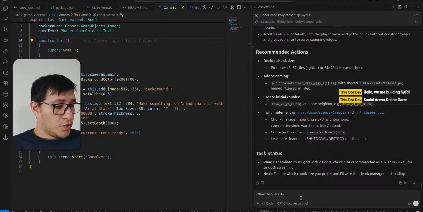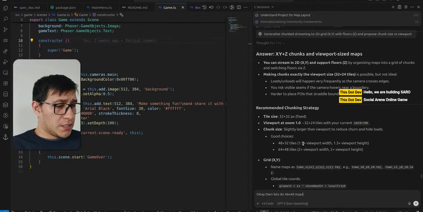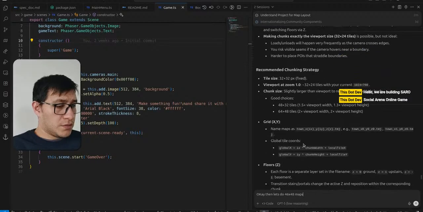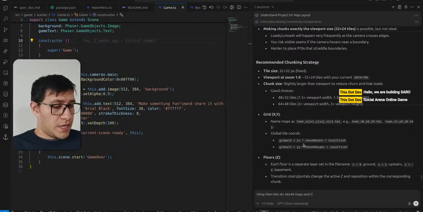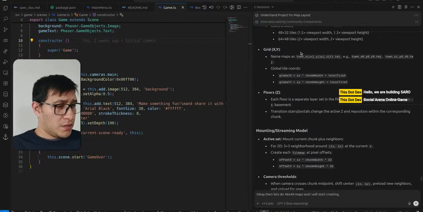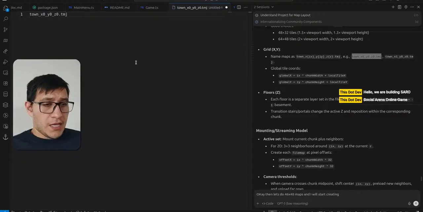Okay, then let's do 64 by 48 maps. And what else? And I will start creating, let's see. I'm gonna start creating